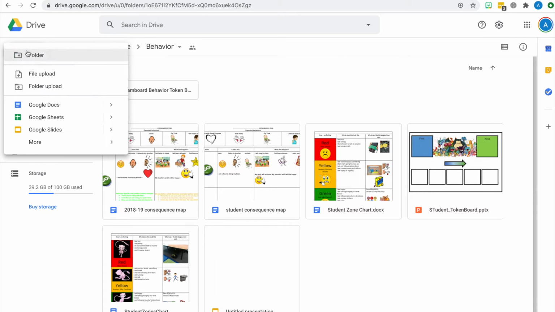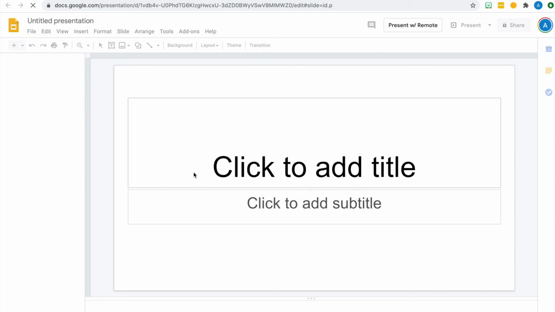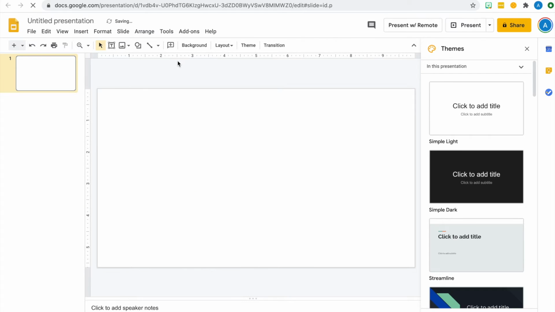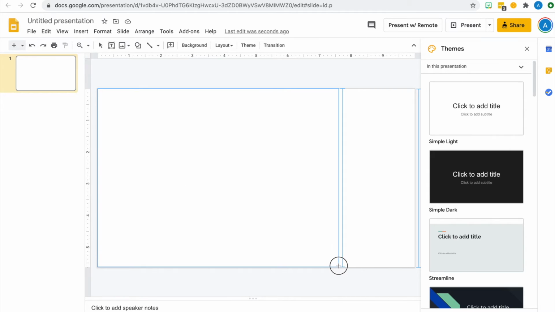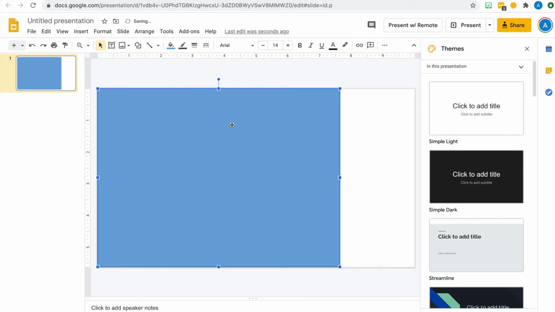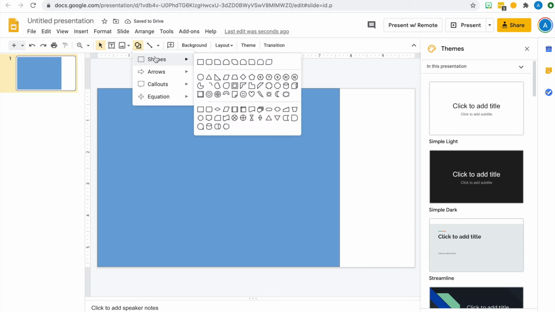Now I'm going to walk you through creating one from scratch. So I'm going to create a Google Jamboard for a behavior tracking system, a token system. So this size is going to work just fine for my background. So I'm going to start by creating a box that is going to have the actual token board on it, and then I'm going to leave the right side empty because that's where I'm going to have my drag and drop pieces hanging out. So I'm just going to fill this in so it's a nice color,